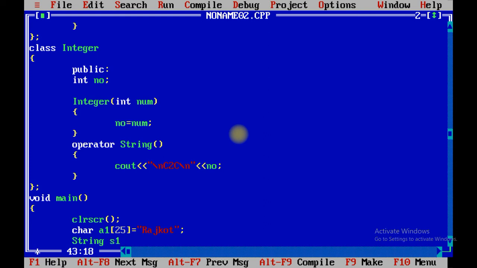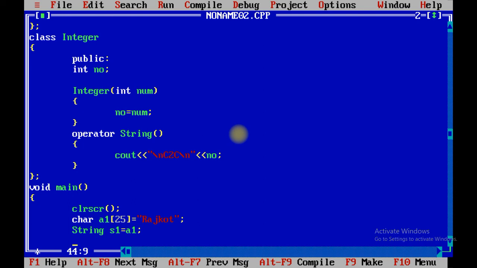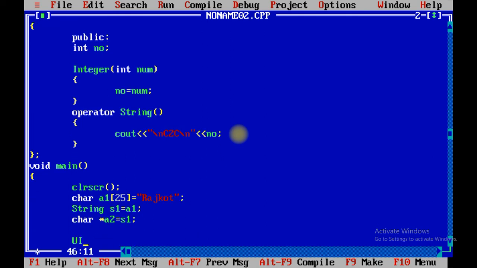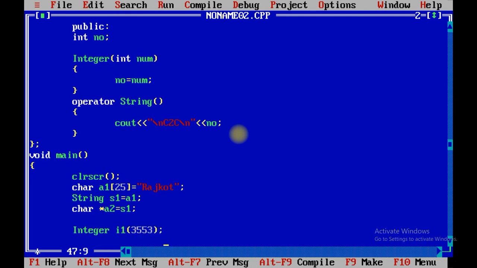String s1 equals a1, a1 contains Rajkot, char pointer a2 equals s1. Integer, again we are going to do class to class conversion. 3553 is the number which I am going to pass with the object, and s1 equals i1.